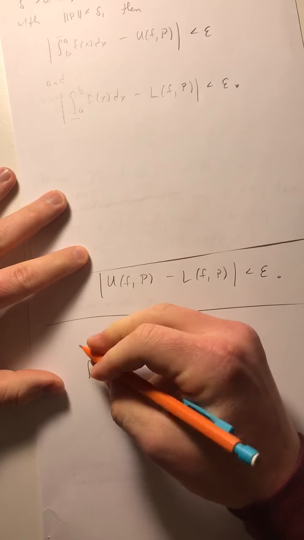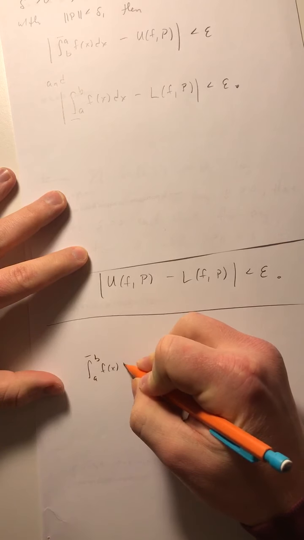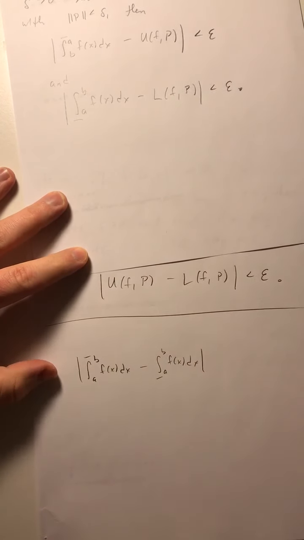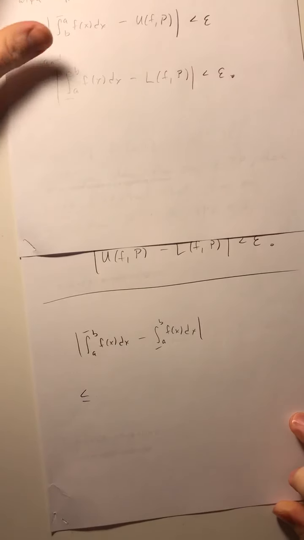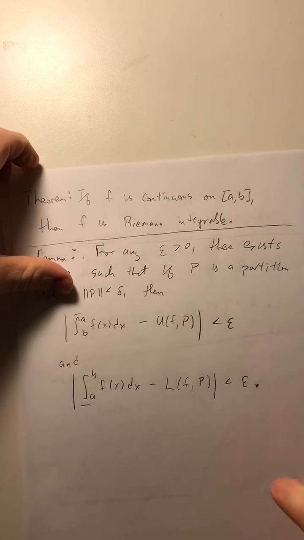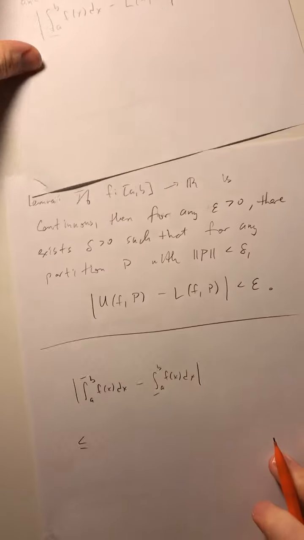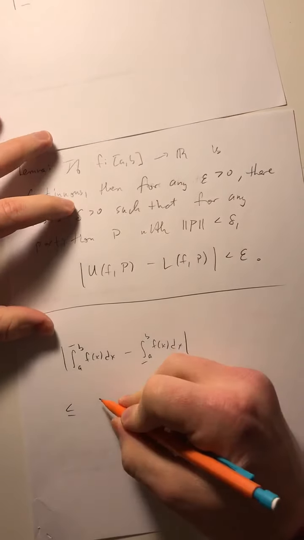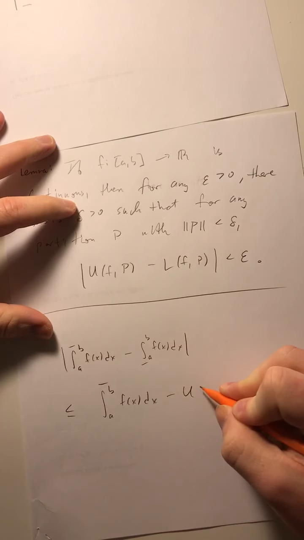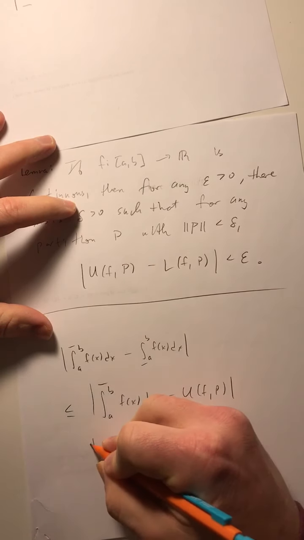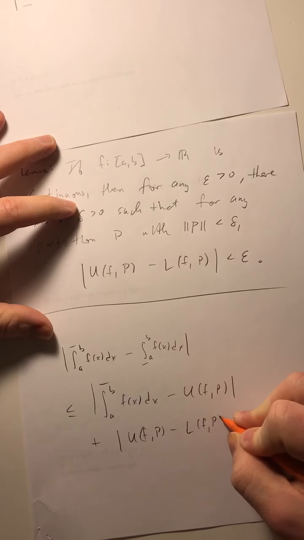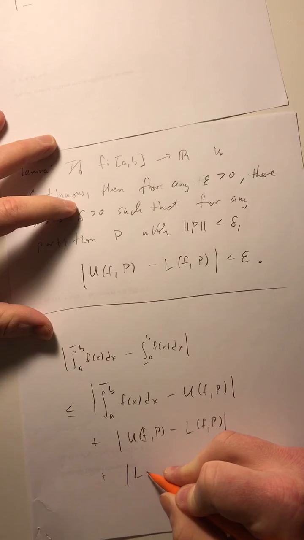So what I'm going to do is say upper integral of f(x) dx minus lower integral of f(x) dx, by the triangle inequality. Okay, so now I'm assuming those two lemmas are true, and I'm going to prove the theorem using the lemmas, and then we'll come back and prove the lemmas. So if f is continuous on [a, b], then it's Riemann integrable. I want to show that the upper and lower integrals are equal. So I'm going to have less than or equal to the upper integral of f(x) dx from a to b minus upper sum for some partition that we're going to choose later, plus lower sum for some partition that we're going to choose later, plus lower sum